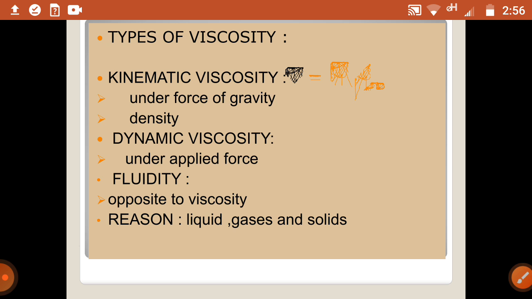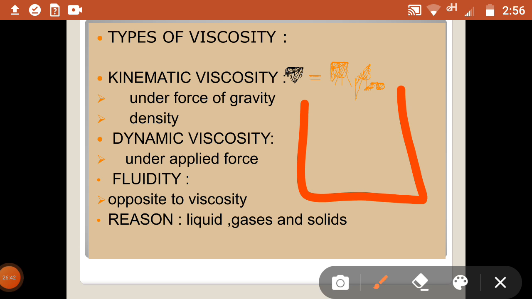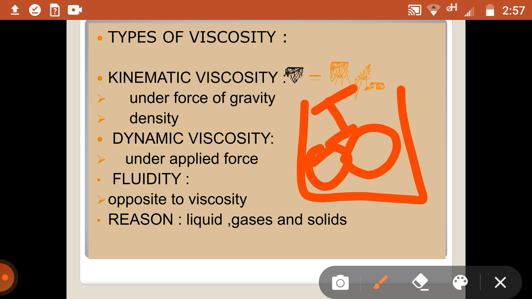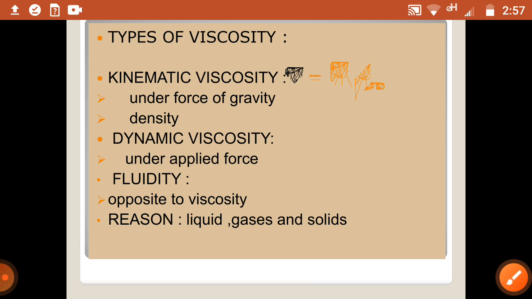So what is the reason why fluidity takes place? As we know, the reason for viscosity is the strong intermolecular force of attraction, and for fluids, the weak van der Waals forces of attraction and weak electrostatic forces of attraction influence the fluidity or viscosity. Viscosity is much higher and consistency is much thicker when the intermolecular force of attraction between the molecules is strong. Suppose this is the container and these are the molecules, closely packed. Why? Because they have greater intermolecular forces of attraction between them, so viscosity increases.